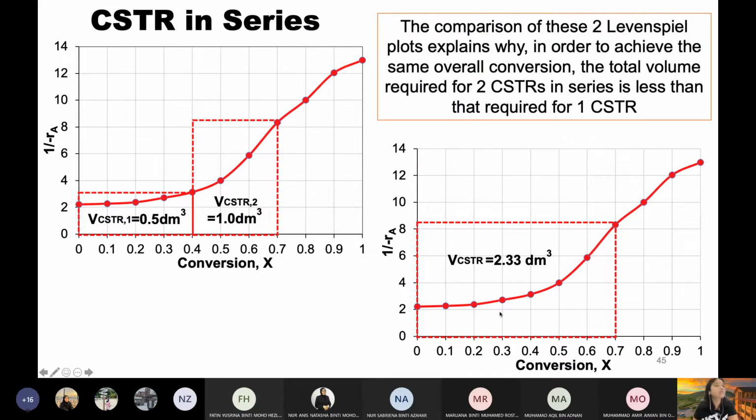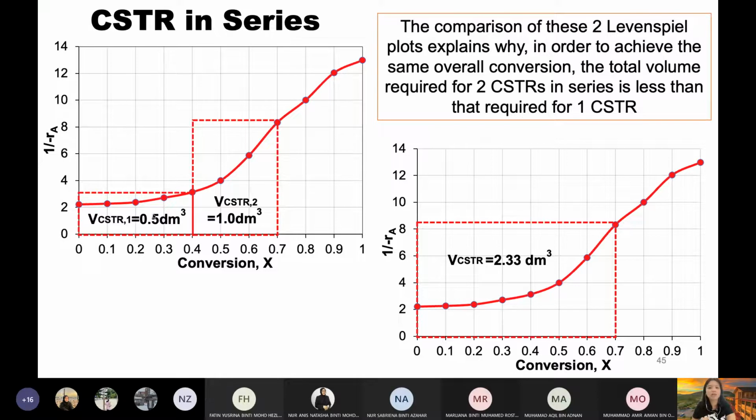Kalau kamu perasan, for the single reactor on my right hand side, the volume that you calculated, 2.33 dm cube, is basically the area of this rectangle, kan? Area below the curve, 2.33, luas kawasan ini. Okay. But kalau kamu pergi kepada dua reaktor in series, okay, kamu kena ingat, berapakah sebenarnya volume yang